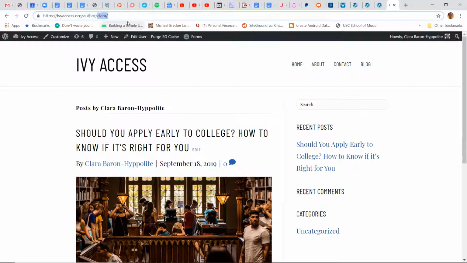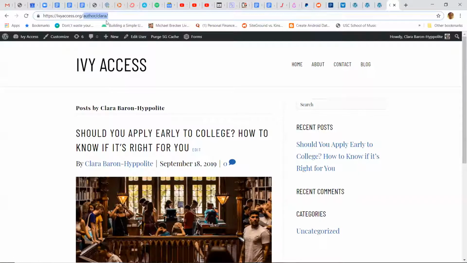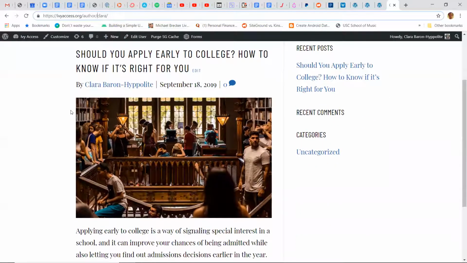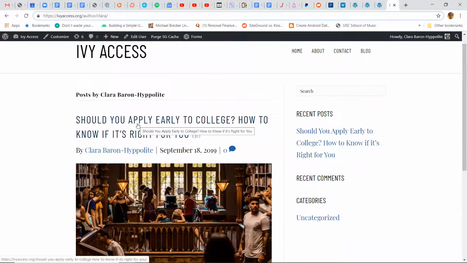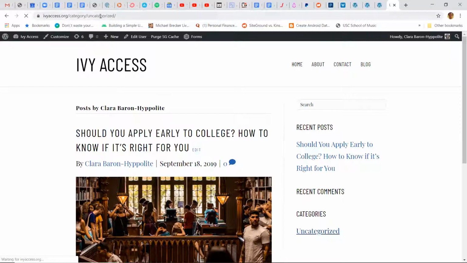I'm here. So you can see, this is an example of, in this case, an author archive page. But exactly the way WooCommerce is doing with these things that apparently are called endpoints, WordPress is building pages on the fly, and I can't edit the /author/Clara page and put a smiley face above here or whatever. There is no such page. I can only edit the user, and then magically the user information comes out on this page, right? So it's a similar situation, and WordPress has this in a couple places. WordPress by default really only has this for archives, such as this author archive, or if we wanted to look at the uncategorized archive, right?